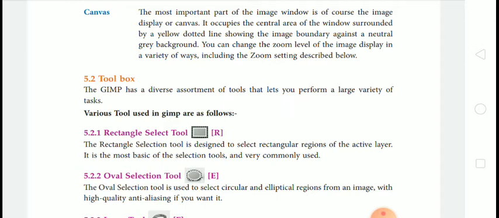It occupies the central area of the window, surrounded by a yellow dotted line showing the image boundary against a neutral gray background. You can change the zoom level of the image display in a variety of ways, including the zoom setting described below.